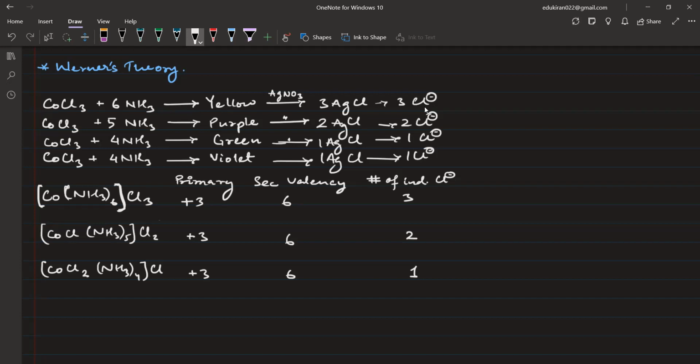I will write the conclusions, but you don't have to write them right now, okay? So I think all of you understood this, that the oxidation state on cobalt is the primary valency. Okay. And the number of ligand is the secondary valency. And then you can get the number of independent chlorine atoms or whatever the counter ion is present, you can get here by looking at whatever is outside the coordination sphere. Okay. So I will write all of these 3 points, but you just leave a space for that right now, and then we will start doing the questions directly.